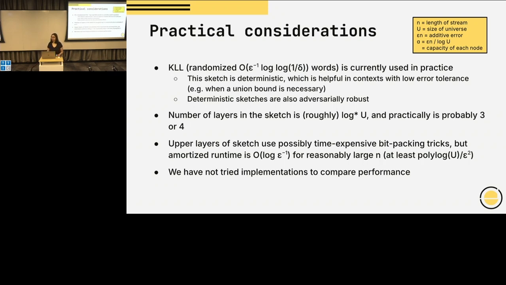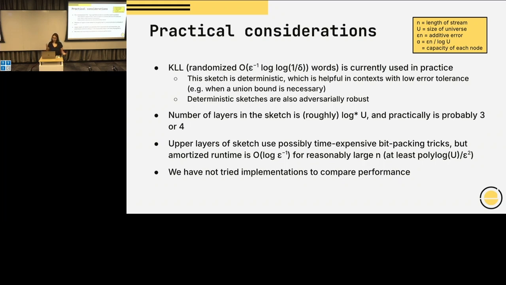You can also turn our algorithm into a randomized algorithm. If you think about it, the only place the log n came in was once we get to our lowest level of the QDigest, where we need to deterministically store all the elements or do a deterministic interval storing thing. There you need to store counts, but you can actually just store approximate counts too. So you can convert our algorithm to replace all the log n's with log log n if you allow it to be randomized. And then maybe the log 1 over delta factor will be relevant.